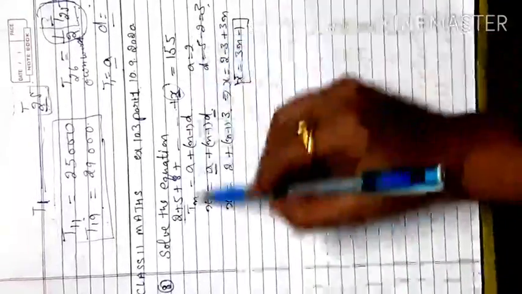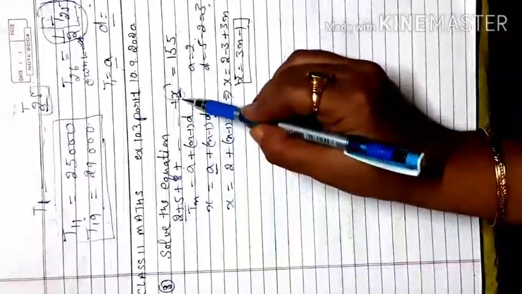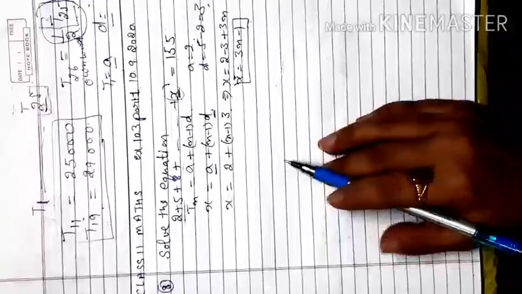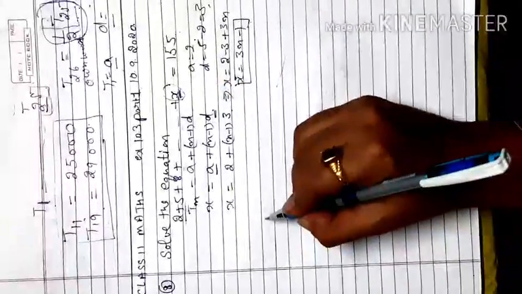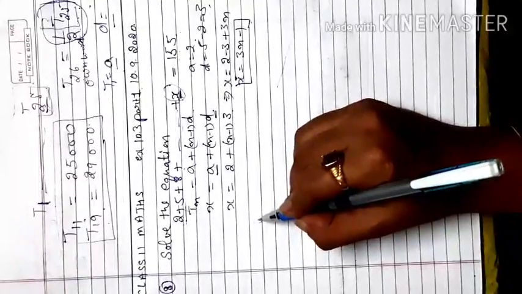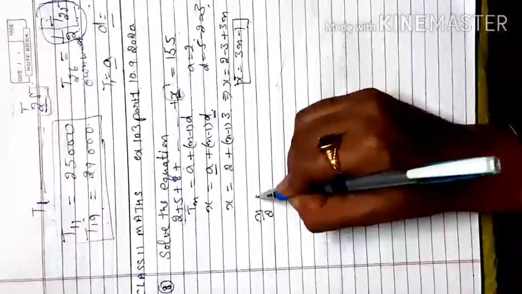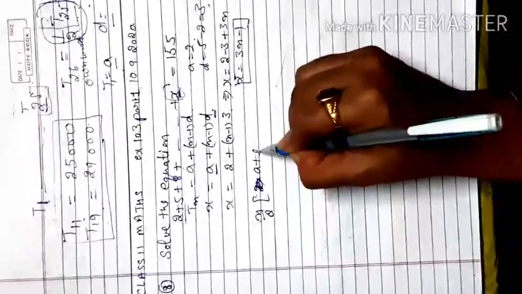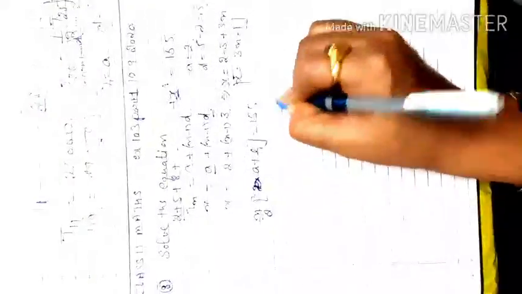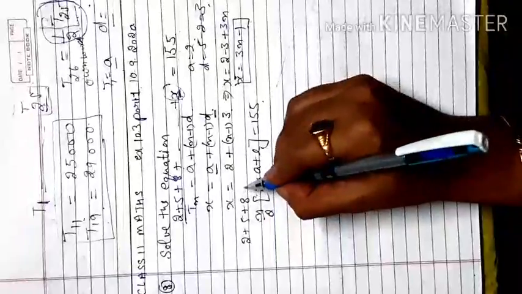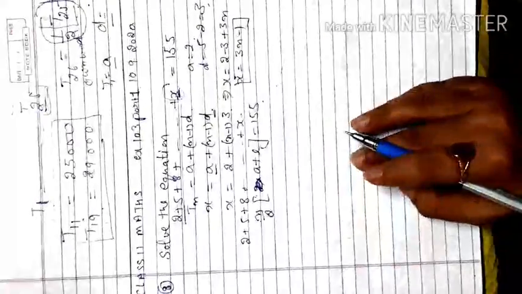Now come to this point. If you look at these terms, these are the sum of the terms. We apply the sum of terms formula here. According to that, our last term is x. If the first term and last term are given, we use the formula n by 2 times (a + l). That is the formula for 155 according to this series, like 2 + 5 + 8 up to x, first and last term.